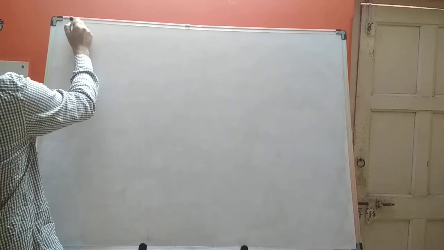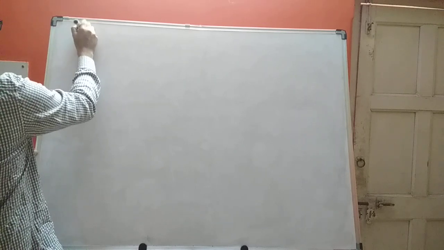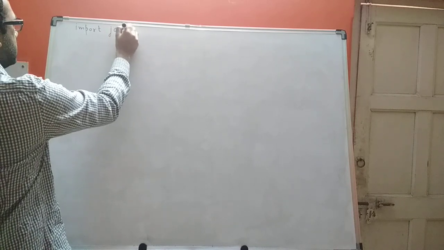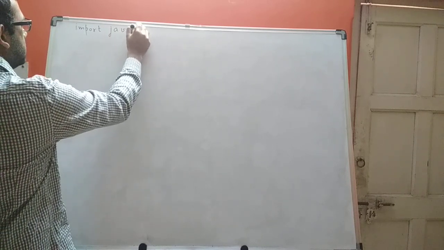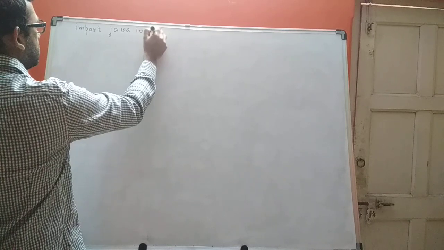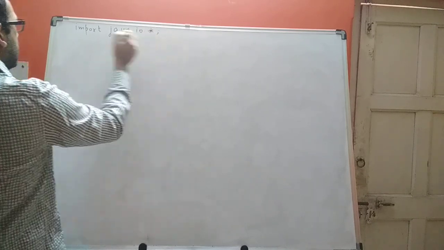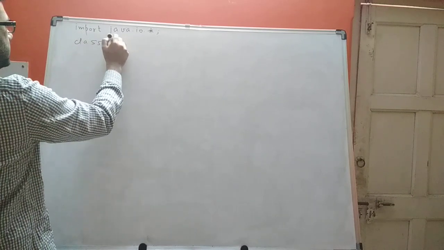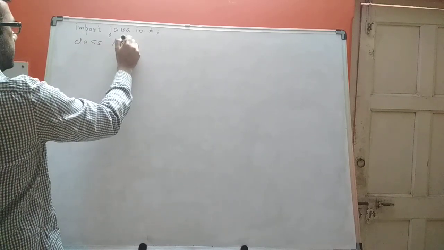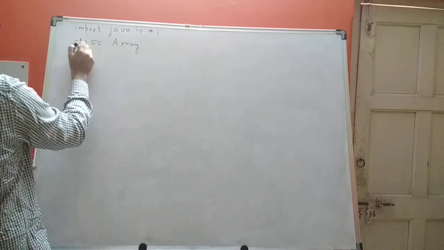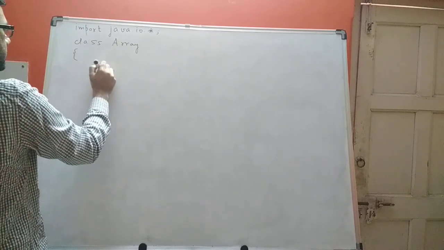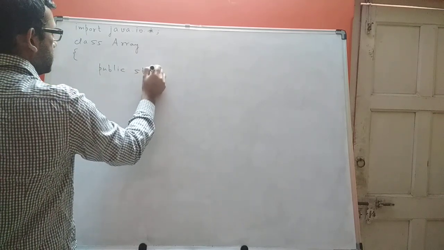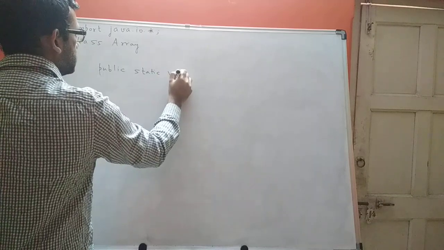So I'll say import java.io.*, and then I'll start writing my class. So let's call the class array. And then I'll have a main method. So I'll say public static void